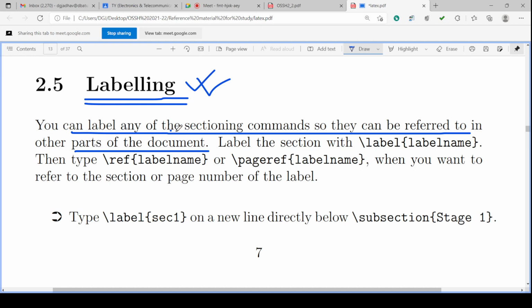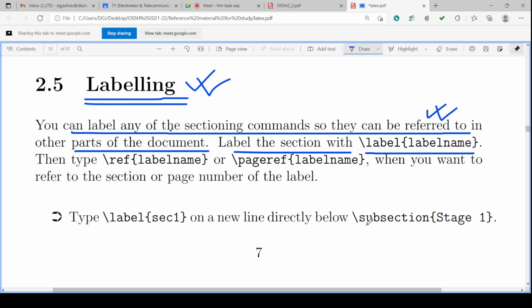A label can have the facility of referencing, that is referring, that means going to that particular location where it is referred. So label the section with backslash label name. Suppose we have to make this word labeling, or this particular section, a label; then we have to label that particular section first.